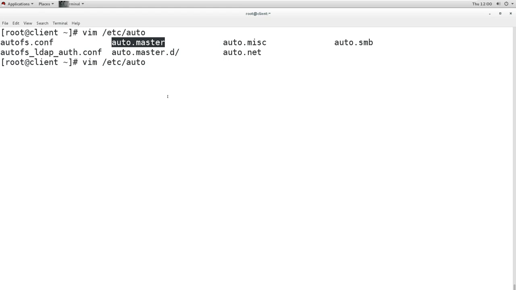Basically this is the default master file where we can create the master mappings. But the master mapping in this file can be changed. That means whenever this software AutoFS is updated, it can change this master file, so it will go back to the default status.